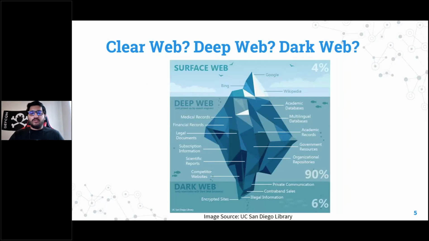So I'm sure you must have seen this image a million times on the internet, and I will just differentiate between the three. The surface web is the web that is indexed by search engines, so the sites that are indexed by Google, Bing, or Yahoo, etc. The deep web is the web which is not indexed by search engines. Most sites like databases or your server instances come in this part, and it makes up the majority of the internet. And the dark web is the part where you need some kind of special